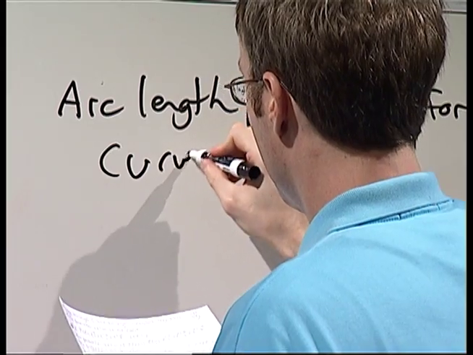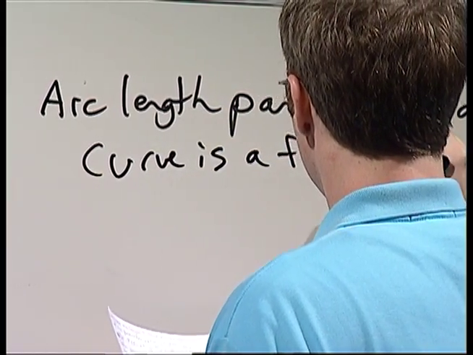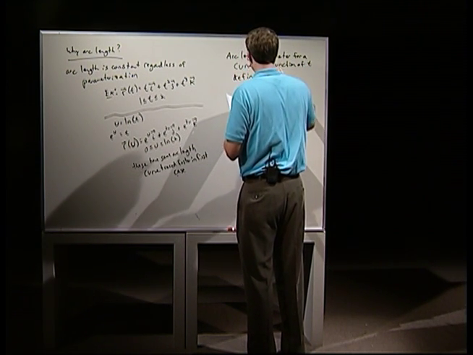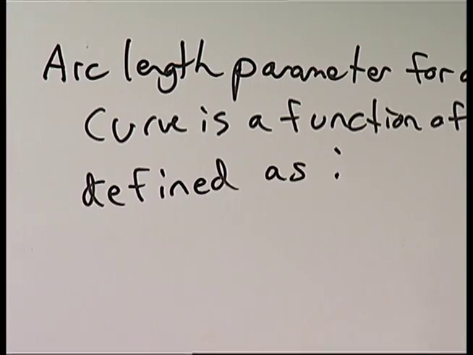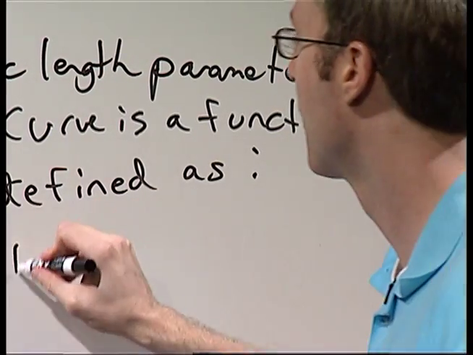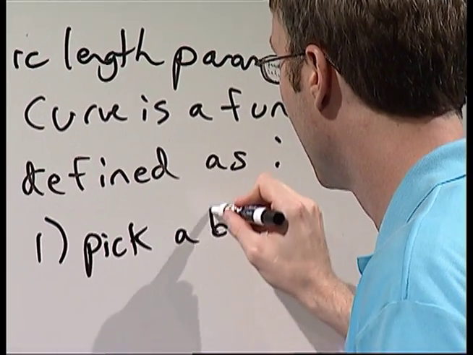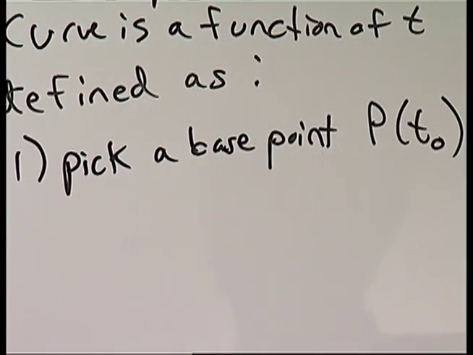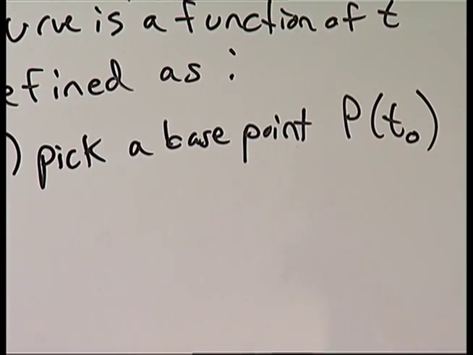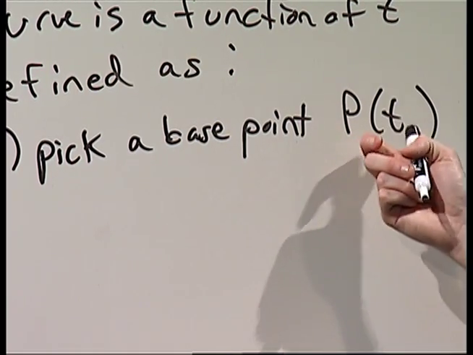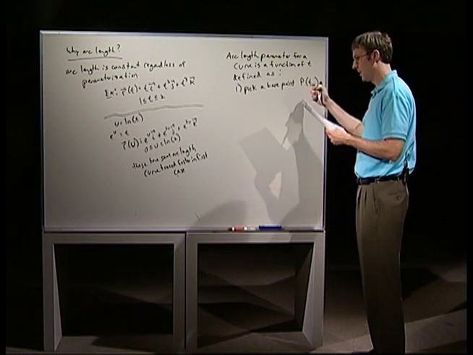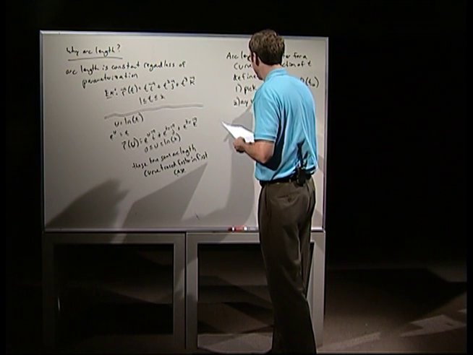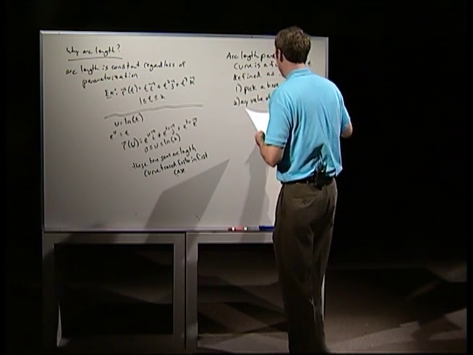For a curve, it's a function of time defined as follows. Again, you have to pick a base point. It doesn't matter where it is, but it has to be some base time, t naught. T equals 0 tends to work well usually, if you can do it. And then whatever the functional value is at that point. Then any value of t